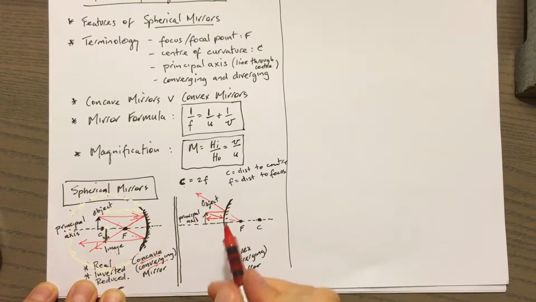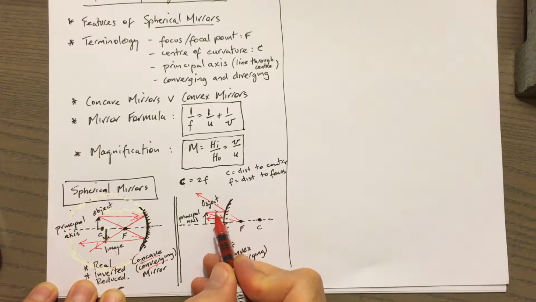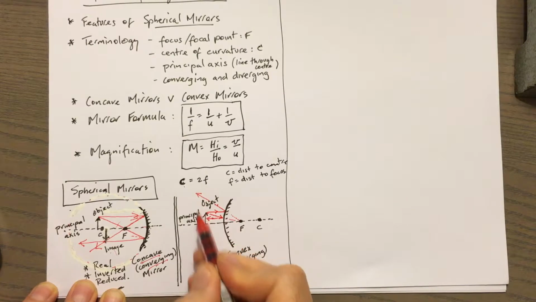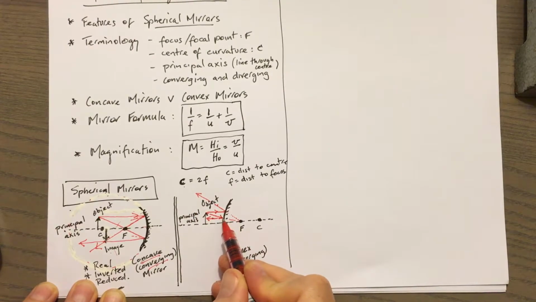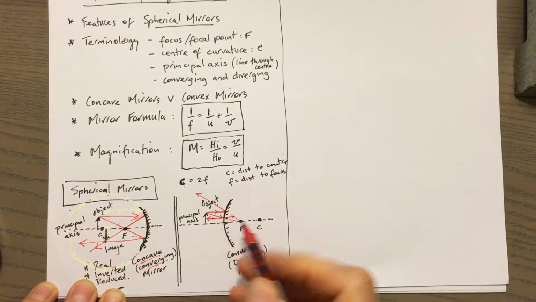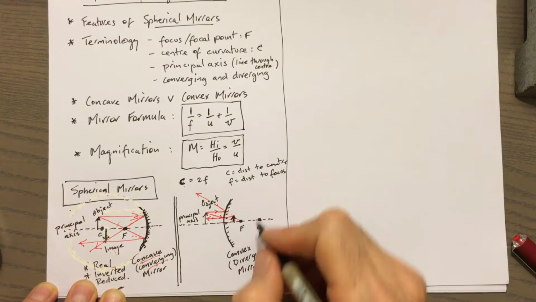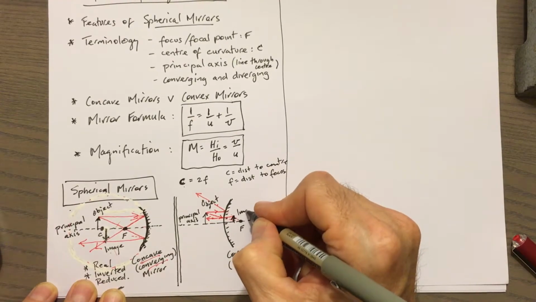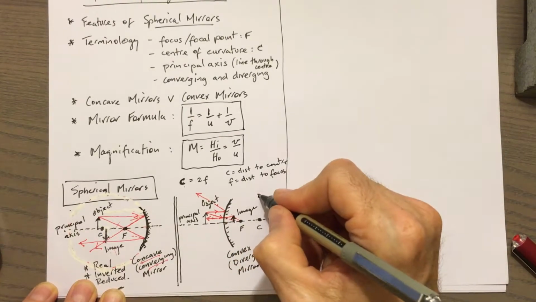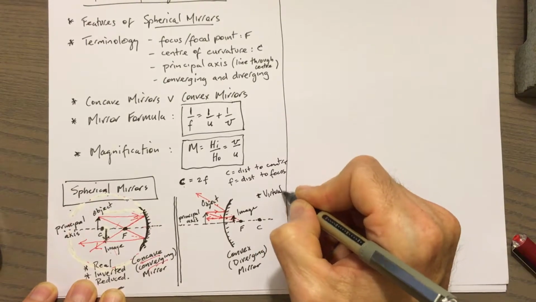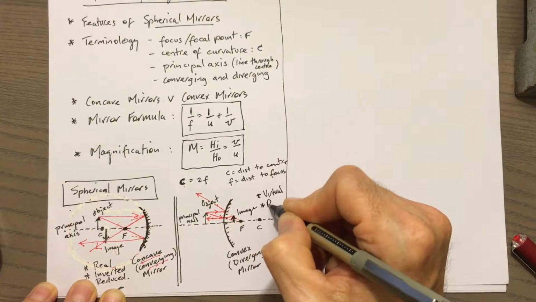Now what we find here is that these two reflected rays don't meet on this side of the mirror. But if we go back through here, we find, yes, they will meet virtually behind the mirror. And so we have an image that forms behind the mirror. And this is our virtual image, okay? So this is the image. And in this case, we have a virtual image, which by the way is reduced,